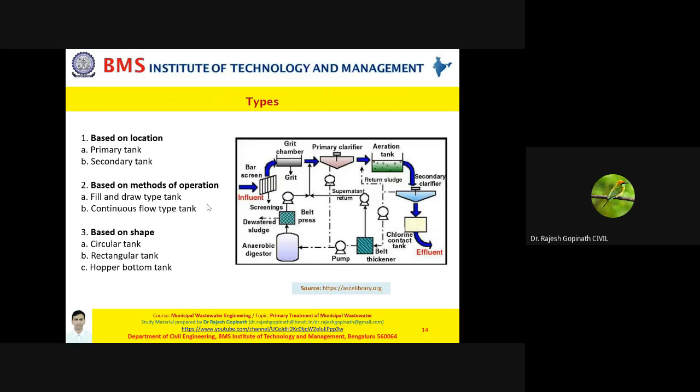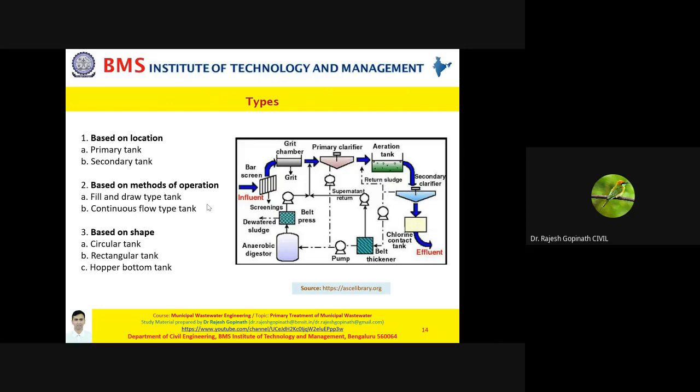If the same sedimentation tank is present after certain unit processes such as trickling filters or RBC, or let us say it's a part of your activated sludge process, then it is called your secondary tank. In simple words, a primary sedimentation tank is a normal sedimentation tank in which wastewater is stored at rest for some time, the sludge is collected at the bottom, and the oil matter is removed at the top as scum. After this the effluent is sent to the subsequent processes. It could be ASP or trickling filters.